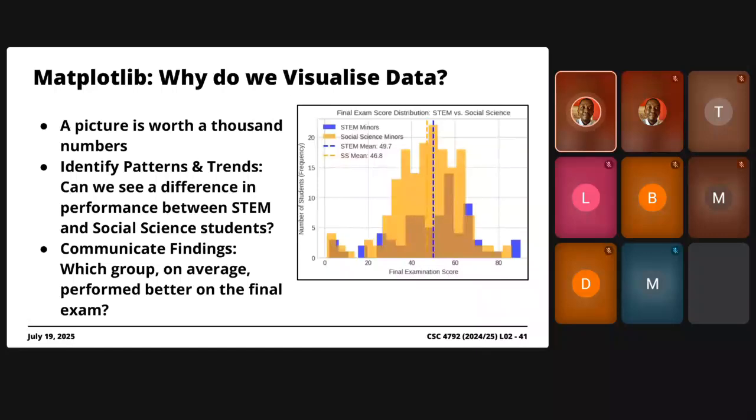Okay, but also what's important is that graphs allow you to effectively communicate your findings, right? It's like, on average, which group performed better? Well, we see that the STEM-centric group performed better than the others, right? We can see here from the distribution, the histogram that we have here, right? Anyhow,